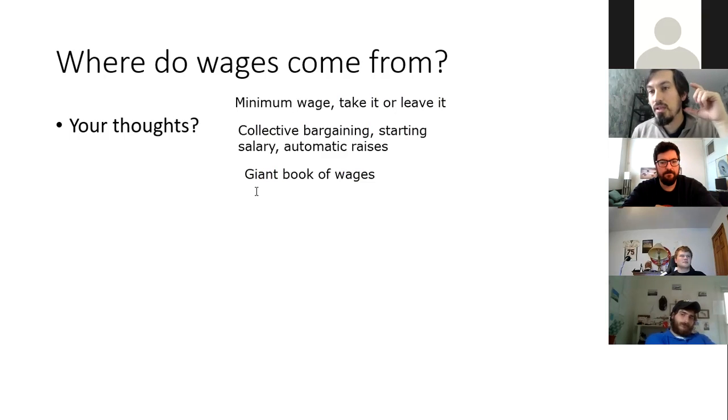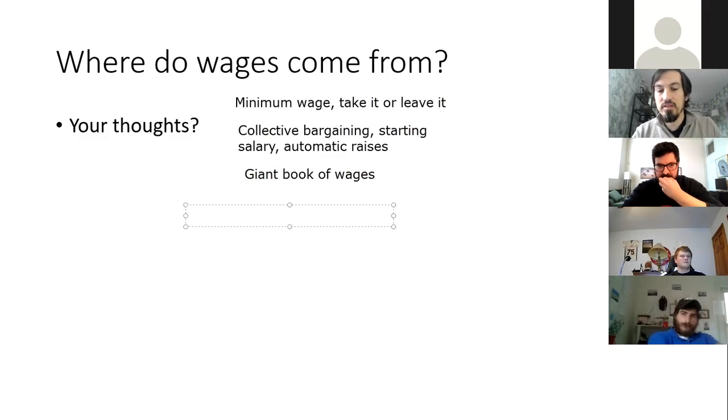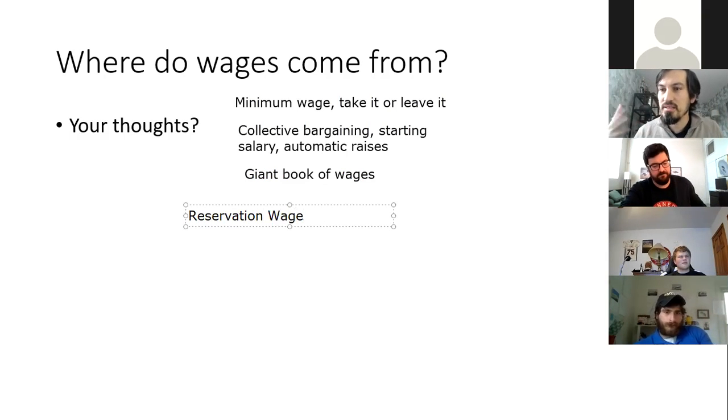So there's this range of wages or salaries where it's above her minimum, the least she would be willing to take. Sometimes that's called a reservation wage. You heard this term before? It's like reservation price, but instead of price, it's wage. Reservation price is the most you'd be willing to pay for a product. Reservation wage is the least you'd be willing to accept as a wage.